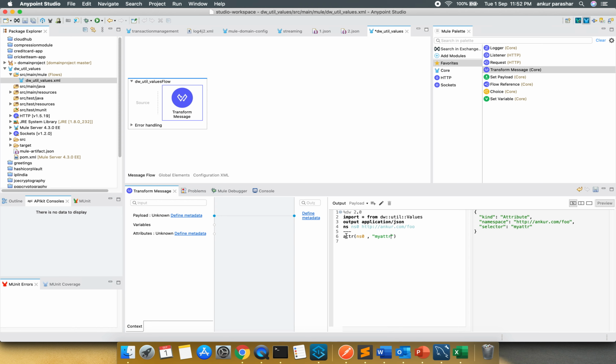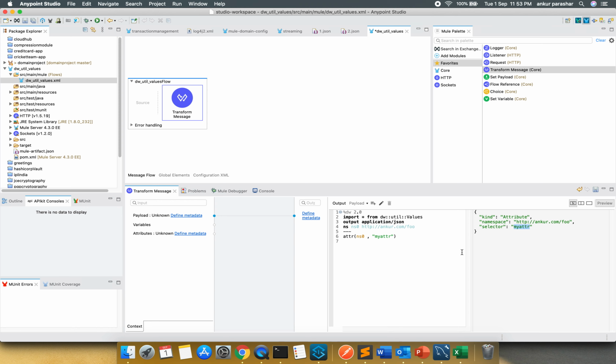When you put attr, it will create a path element for selecting an attribute within an XML. Basically it will give a path element containing three elements: kind, namespace, and selector. The kind will be the attribute, and the placeholder will be my attr. You can put any other name based on your convenience and logic.